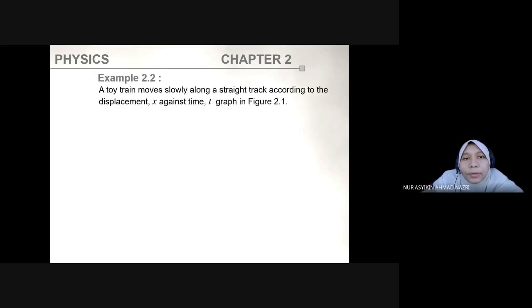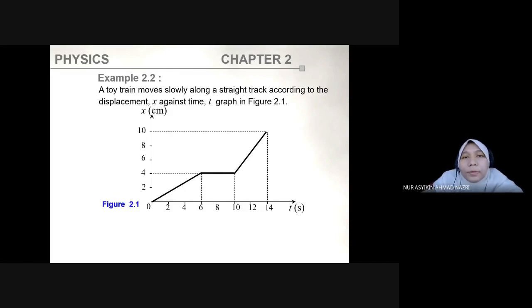Alright. So, yang ni example. Berapa pada kita? 9. Okay, sempat lagi. Example. Example dari buku survey nanti awak pakai buku survey ke? Okay, so for example, we have this case. Okay. A toy